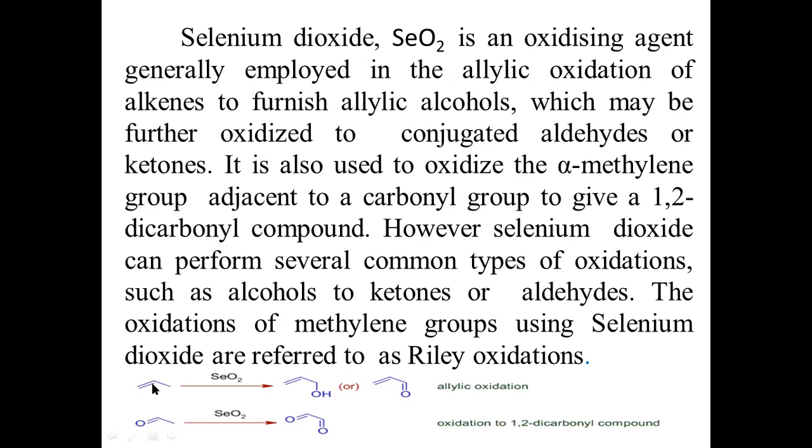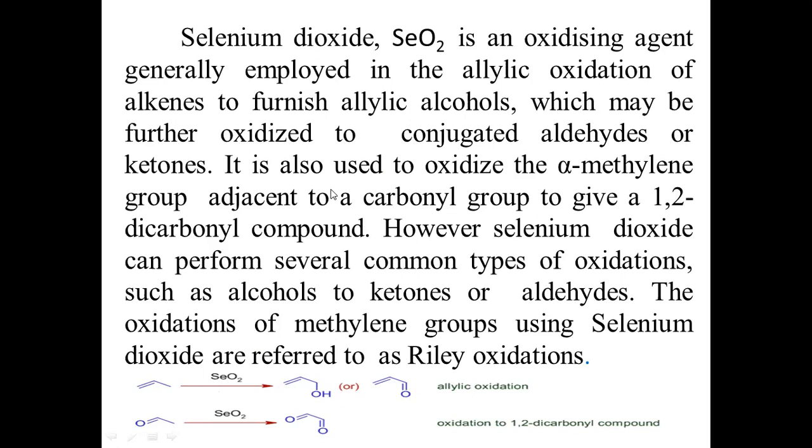So this is an alkene. This alkene will have allylic hydrogens in this case. These are allyl hydrogens. This alkene which contains allyl hydrogens, when treated with selenium dioxide, the product formed is allyl alcohol. At this allyl position, you can see you got a hydroxy function. This is allyl alcohol. And further, this alkene may also give alpha beta unsaturated carbonyl compounds or allyl carbonyl compounds.